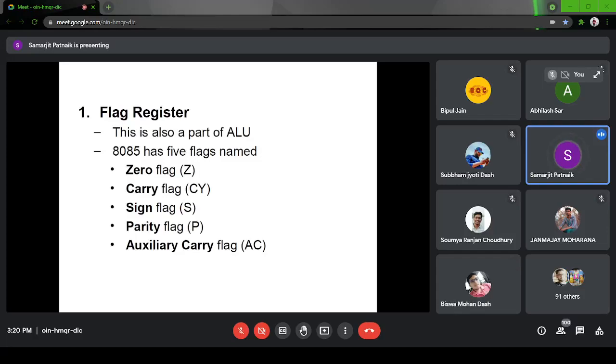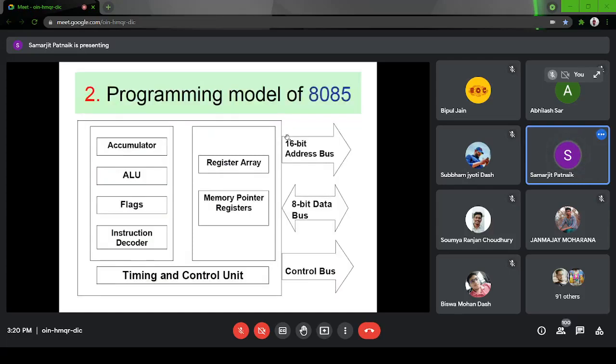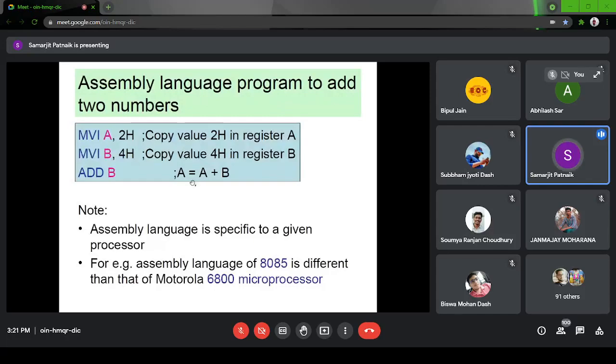Sir, can general purpose registers be used to do arithmetic operations? Think of a situation: suppose I am adding two numbers. Let me go back to this. I am doing A equals A plus B, in which I am adding two numbers, right? If you look carefully, B is a general purpose register, so it will only store the intermediate data.